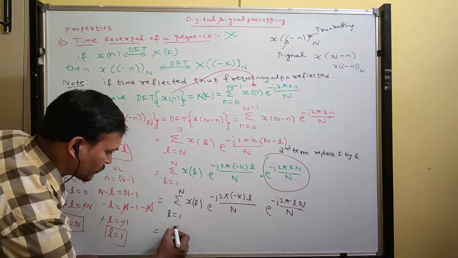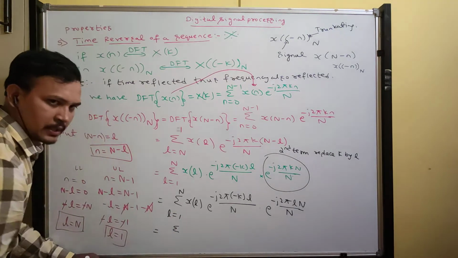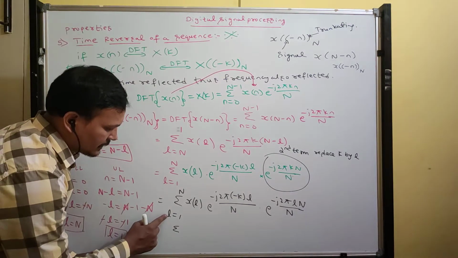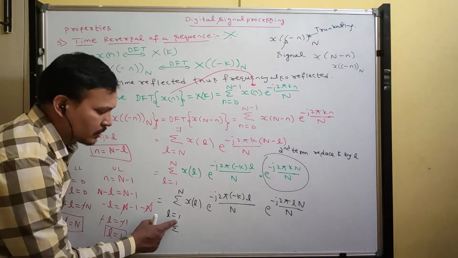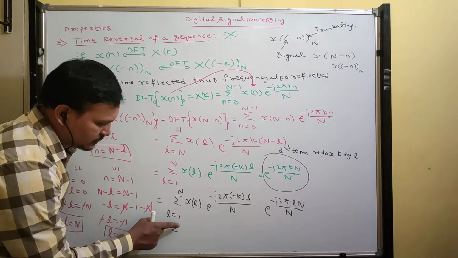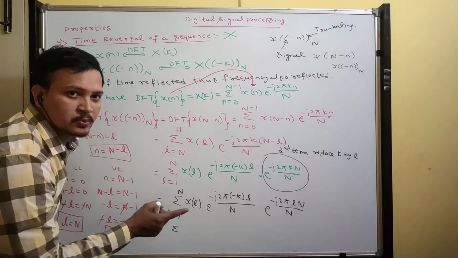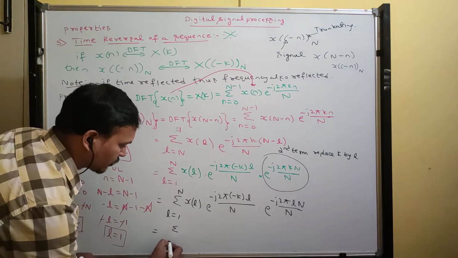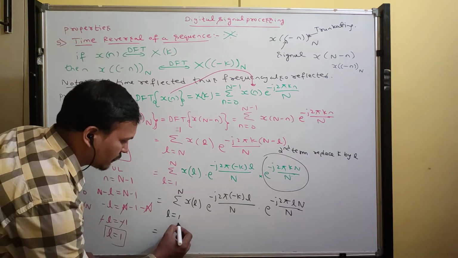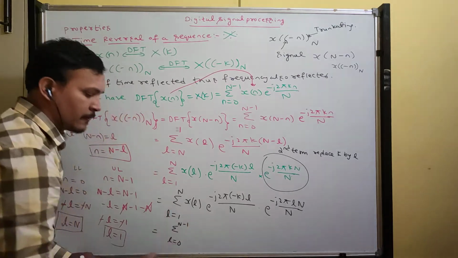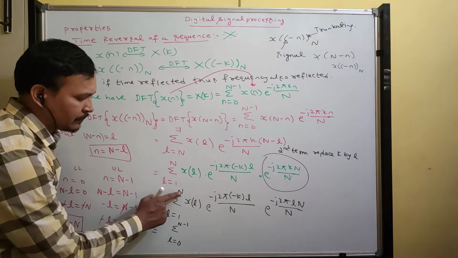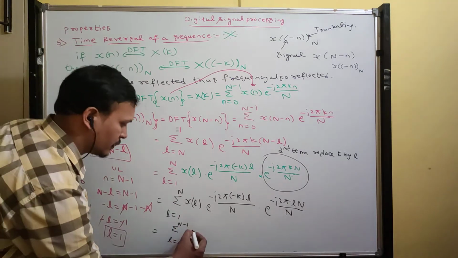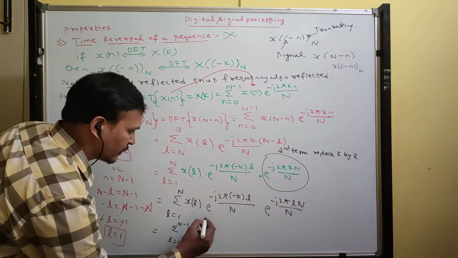So now, see what I am doing. l is equal to 1, now I want to start from 0. If I decrease the lower limit to 0, then the upper limit also decreases by one sample. So the lower limit will become 0, and the upper limit becomes n minus 1, into x of l into e